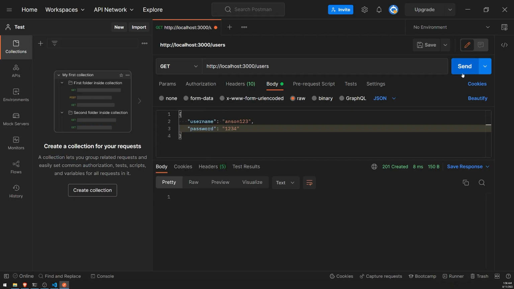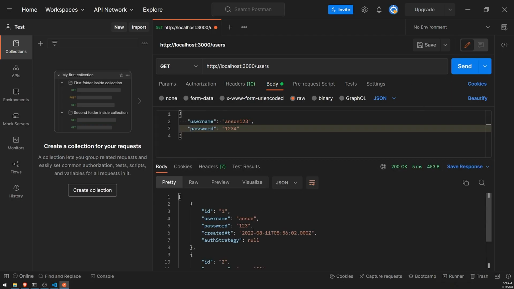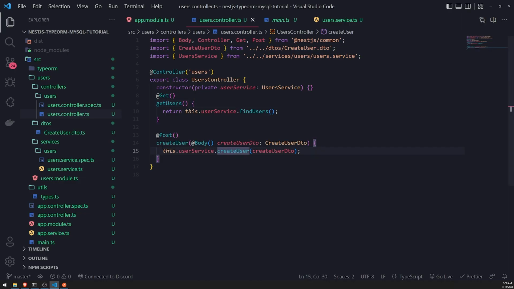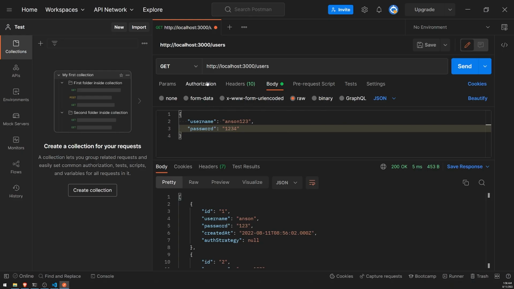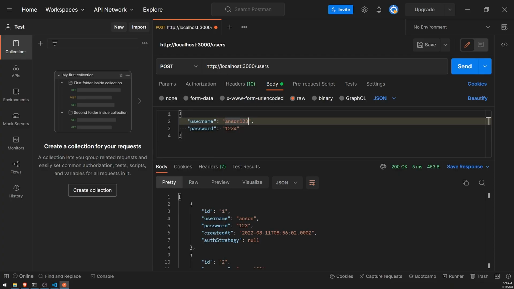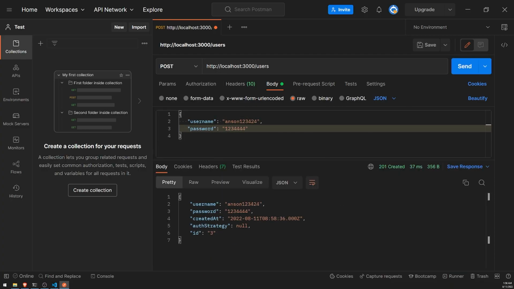Okay, and let's make a get request, and we have 2 users now. Okay, and let me also do one more thing because I forgot to do this. Let me go ahead and just return this call. Okay, and then whenever I make a post request to our API, it's going to return the user that